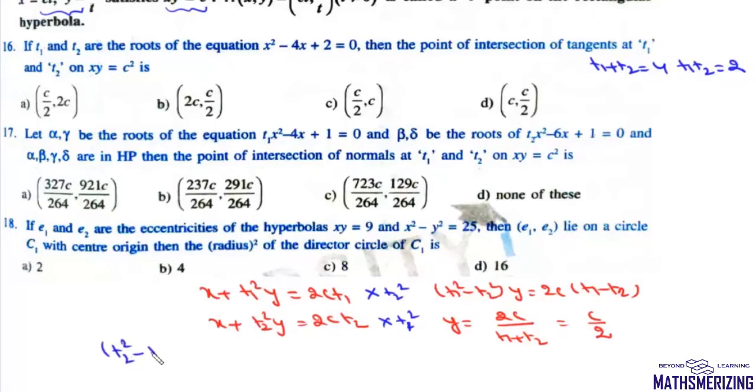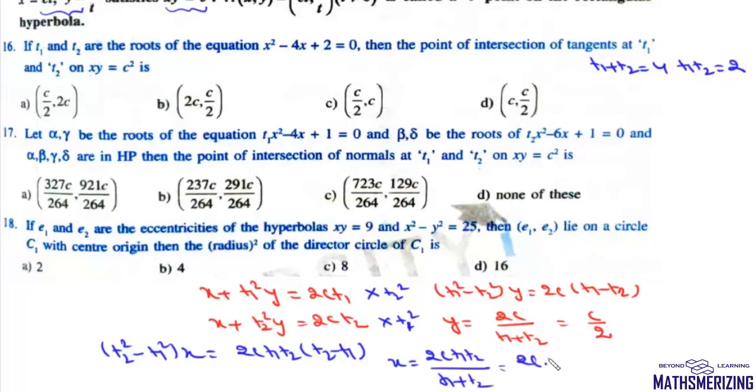Now we'll get t2 square minus t1 square times x equals 2c t1 t2 times t2 minus t1. Now t2 minus t1 will cancel. We'll get x as 2c t1 t2 upon t1 plus t2. So this is 2c, t1 t2 is 2, and t1 plus t2 is 4. So this will be c. So coordinate of point of intersection of tangents at t1 and t2 will be c comma c by 2,